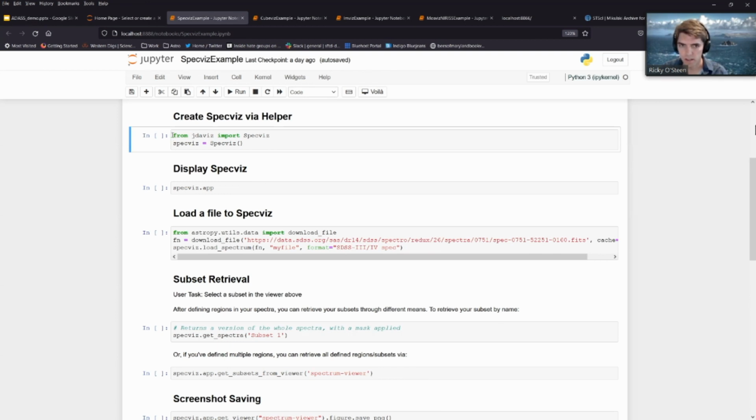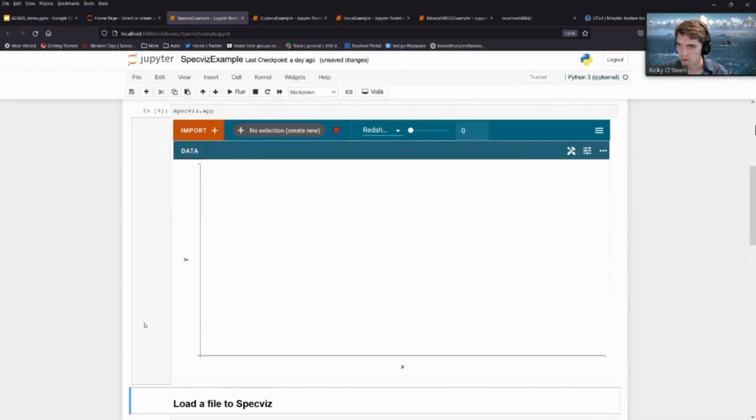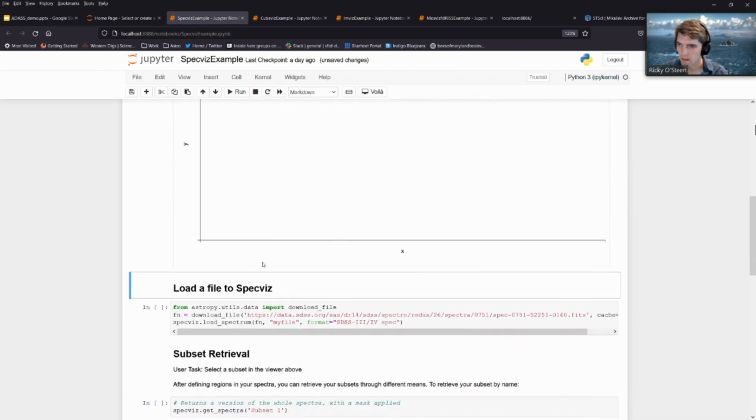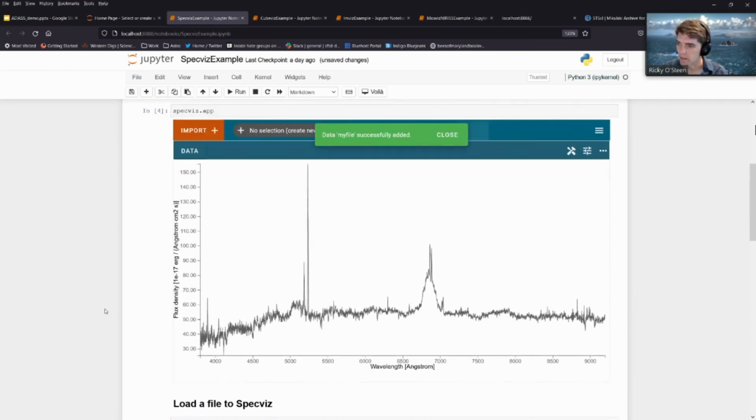To initialize the application, first I just import my Specviz helper from Jdaviz, and I initialize an instance of that class. Then by calling specviz.app, you will see an application now appears in my notebook. It is empty right now, which is not very interesting. So here I'm just going to grab an SDSS spectrum and use specviz.load_spectrum, and you'll see the spectrum appear in